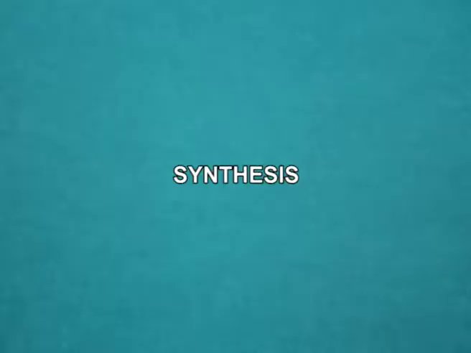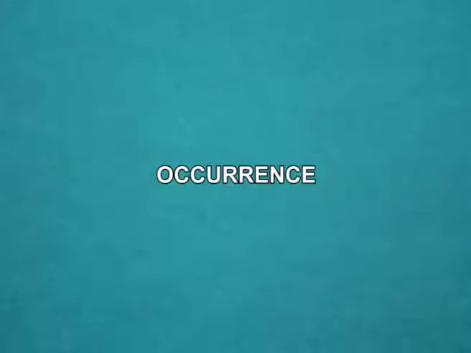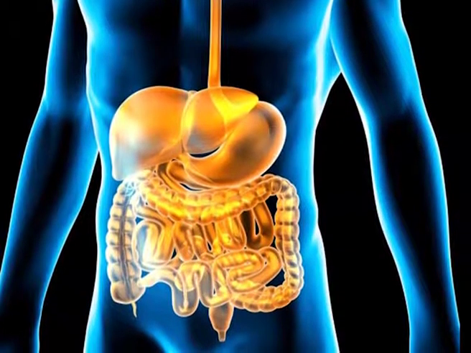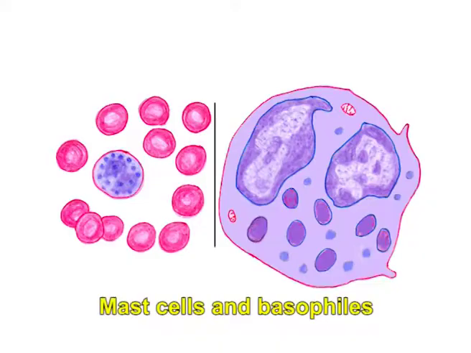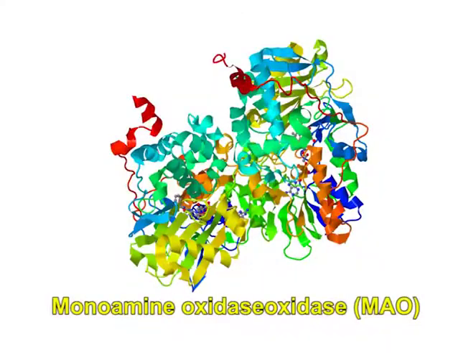Now we are talking about the synthesis of histamine. Histidine decarboxylase converts histidine into histamine. Now we will discuss the occurrence: tissues exposed to an external environment, GIT, lung tissues, skin and brain, stored in mast cells and basophils. We will discuss the metabolism of histamine. So, monoamine oxidase MAO,